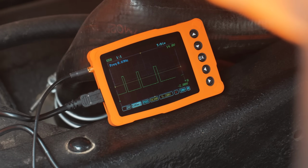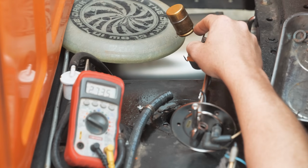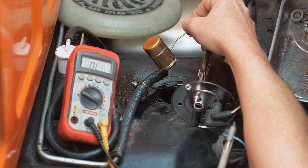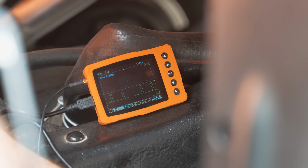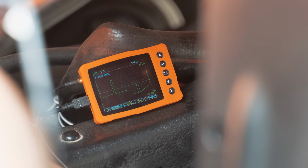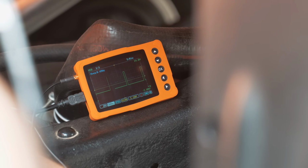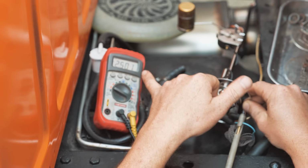Hang on, I need to check something here for myself. This is with the tank empty, and then this is with the tank full. You see the drop in the signal. Scope full. Scope empty. I knew these were pulsed, and you see on my multimeter how we have a pulsing voltage, and so that's really going to make